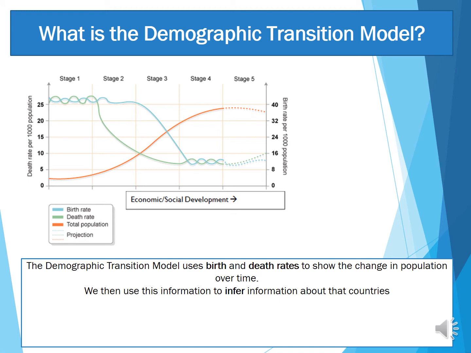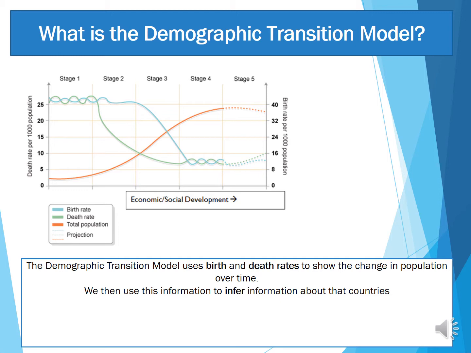The demographic transition model is a graph that shows birth and death rate through time, as well as the total population growth or decrease of a country as they move through different development stages. We look at birth and death rates as the data that is on the graph, and we can then use